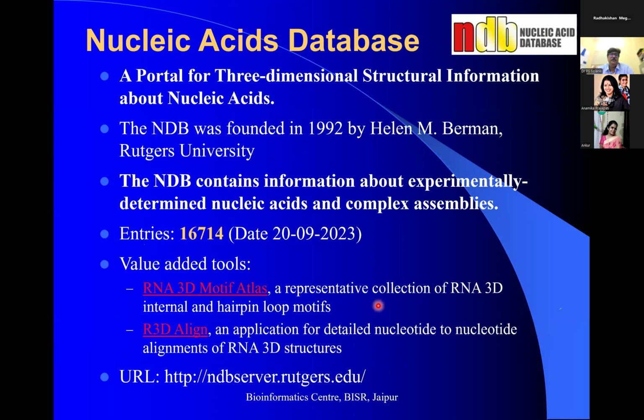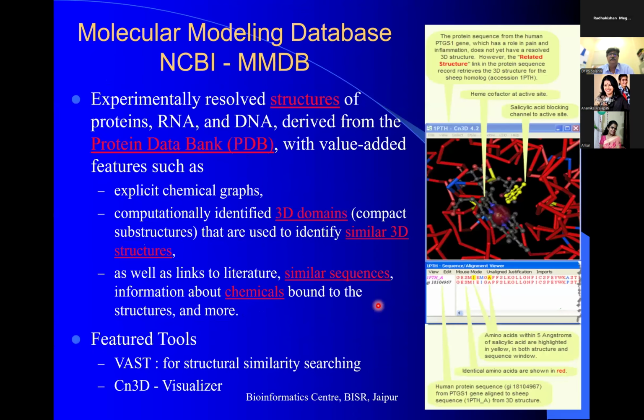और देन ये NDB है, यहाँ पर फोकस हम लोग जो DNA के स्ट्रक्चर है, तो करीबन इसमें 16-17 हज़ार एंट्रीज हैं। ऐसे ही ये MMDB है NCBI के अंदर, ये वही PDB के हैं, बट इन्होंने फॉर्मेट चेंज कर दिया है ताकि इसको फास्ट तरीके से करना है। और एक टूल भी है इनका जिसे हम लोग यहाँ देख रहे हैं, CN3D के नाम से जानते हैं, ये उसको विजुलाइज करने का काम है। वही इंफॉर्मेशन है, और कई सारे टूल इसी में ऐड कर दिए हैं, जैसे VAST फॉर स्ट्रक्चर सिमिलरिटी सर्चिंग के लिए वेक्टर बेस्ड है, जैसे CN3D व्यूअर है, ये विजुलाइज करने के लिए।